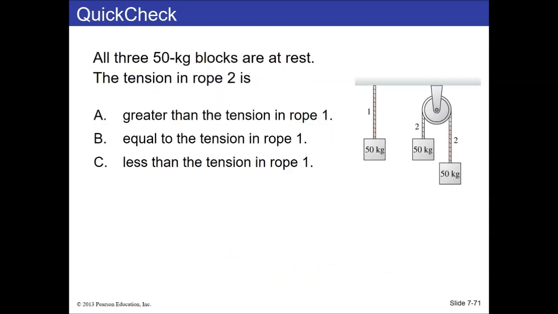All right, so now we want to just think about how things are connected. So in this problem here, we're considering a 50 kilogram block that's being hung by the rope, and we have these two 50 kilogram blocks that are connected by this pulley here and a rope. So what do you think is going to happen with tension 2 here? So think about that for a moment. And the answer here